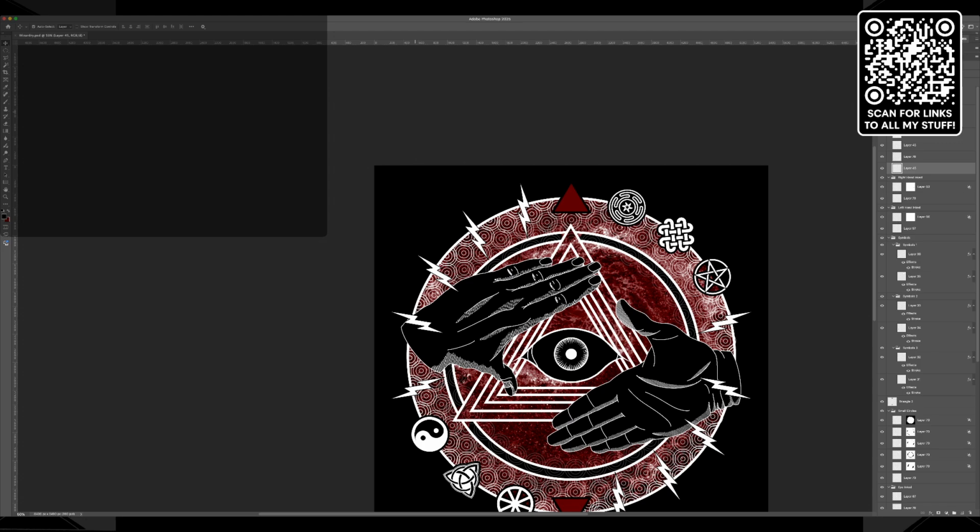I'm thinking the lightning bolts have to be red. The problem is, it's not really a problem. What I did, actually, I can probably solve this really easily. Okay, that's a duplicate. So what I need to do on these, no, just these. I need to do an invert on these. Transform, can I not just do an invert? Do I have to invert each layer? I have to invert each layer.